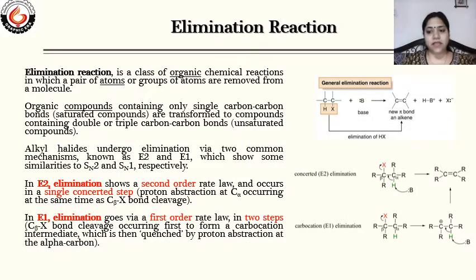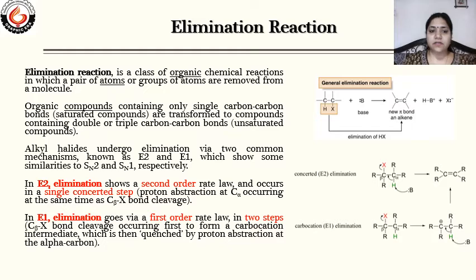The next type of organic reaction we are going to discuss here is the elimination reaction. It is different from the substitution reaction. In substitution reaction, an incoming group substitutes the group already present on the carbon skeleton. But in elimination reaction, a group is only detached from the carbon skeleton. There is no replacement. From the name it is very clear: elimination of some atom or group from the molecule.